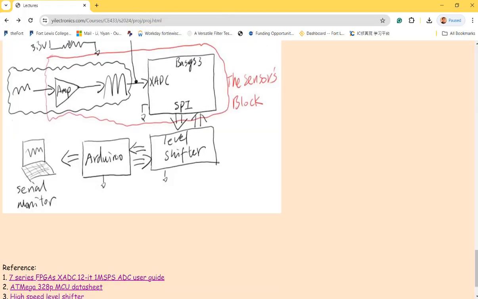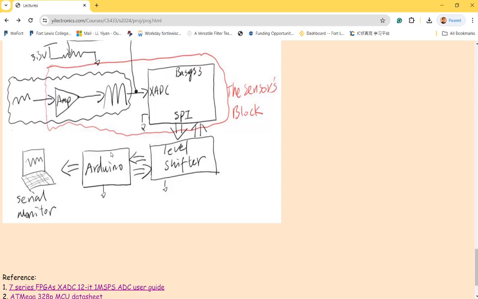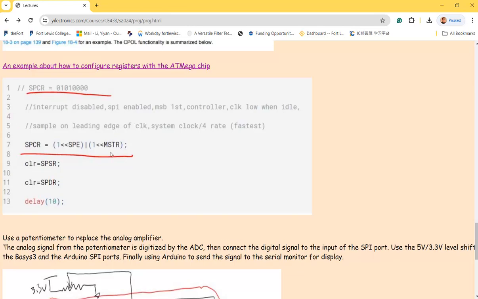here, and Arduino. So there's something I want to let you guys know for the Arduino programming. You probably have never done it in the past, which is called register configuration. You can do that easily with assembly by just assigning a hex number to the register. But now we are handling the C language, and if you see something like this, you should understand what's going